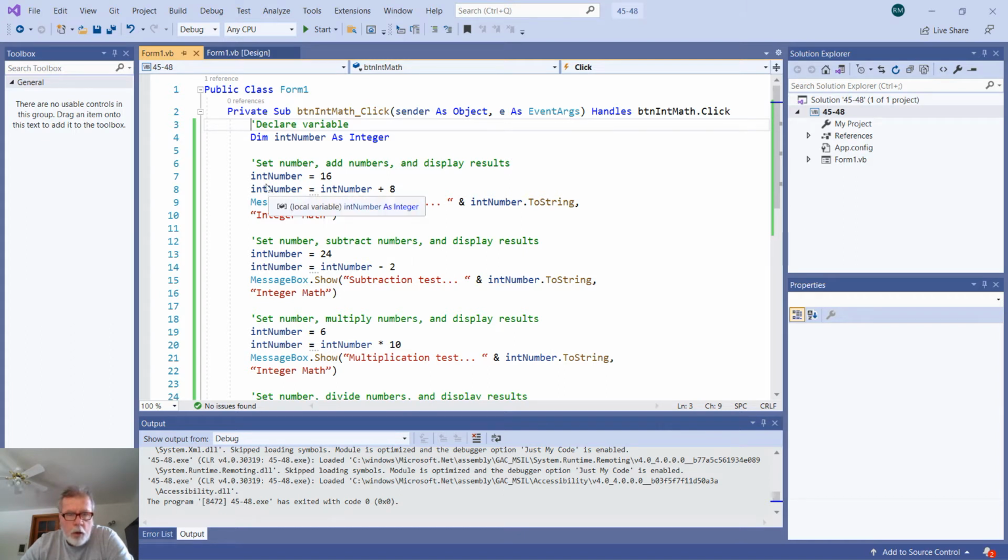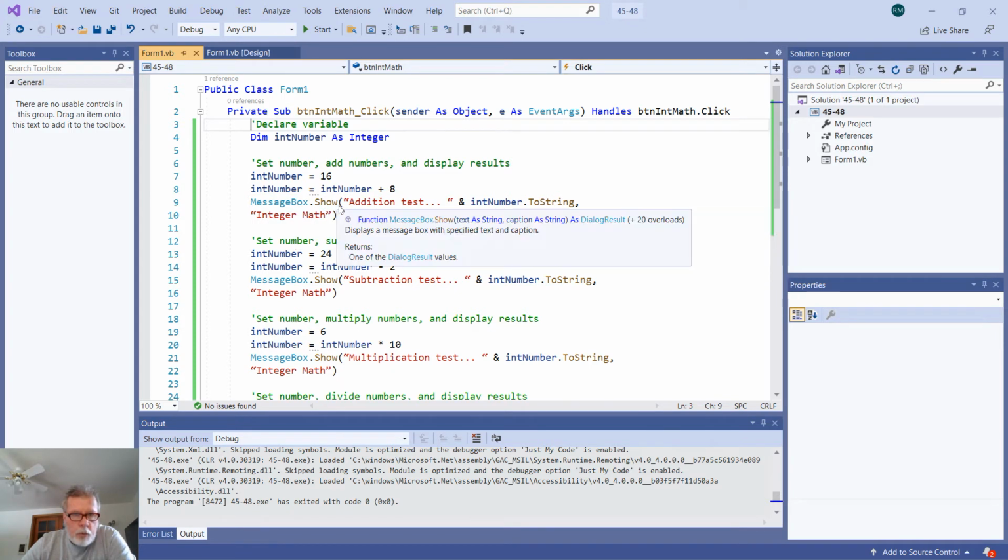But anyway, what they're saying is we're taking this number, let this name equal 16. Well, it's integer. So let's see what they say. Yeah, what they're saying is let integer number equal 16, and integer number equals integer number plus 8. So integer number is 16. Then the same as last time,